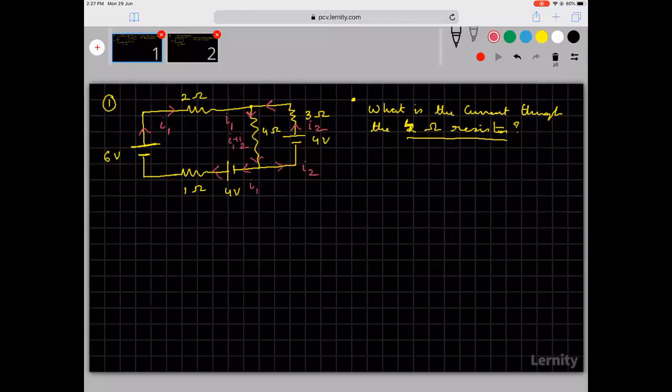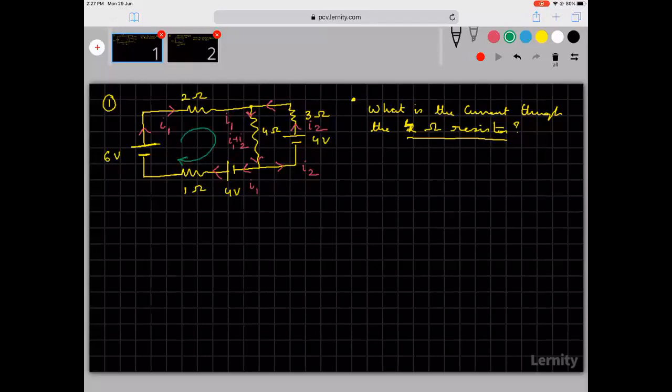So the first step is to make sure that you have drawn all the currents. Once you have drawn all the currents, now identify loops. I have two variables, I1 and I2. So if I write two equations, my job is done. I will write two equations and then work it out. How do I go ahead with it? Let me see. First I will take this particular loop.